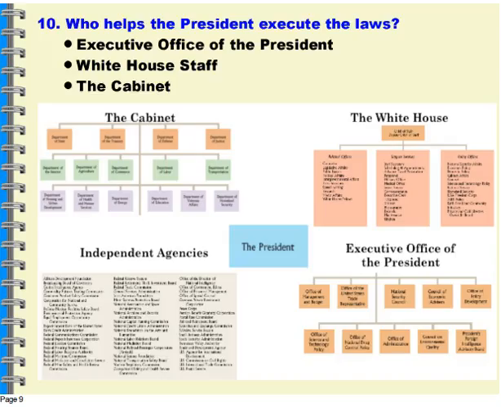Now, who helps carry out or execute these laws? This is where we get down to the cabinet, the White House staff, the independent agencies, and the executive office of the president. The cabinet, pretty straightforward. These are the people that the president is relying on within the bureaucracy as the heads of the different agencies, the different departments, such as Department of Defense, Department of State, Department of Homeland Security, or Department of Health and Human Services, and they are the secretaries, the heads of those agencies.